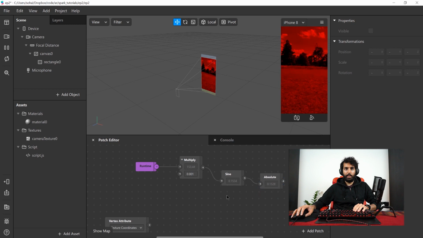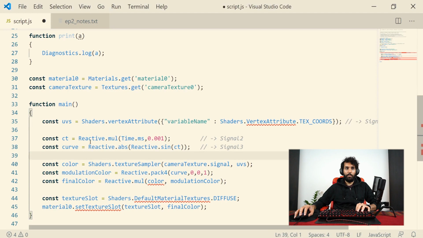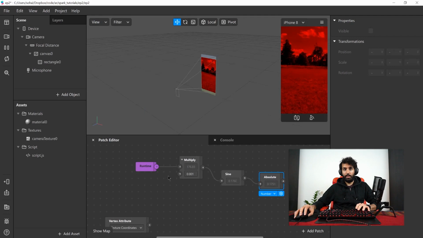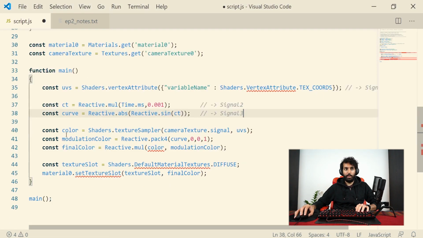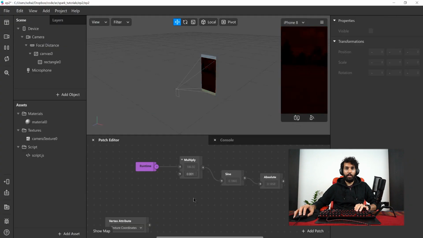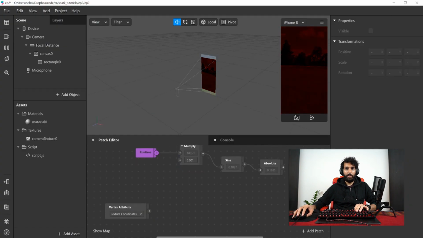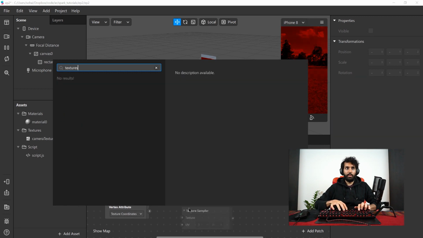So here you can see the runtime goes into a multiply, goes into a sign, and then it goes into the absolute. So similarly here we have a multiply, so we have the runtime, which goes into the multiply with this value, which goes into the sign, which goes into the absolute. And it's the same thing here, multiply, sign, absolute. And then you have another signal out here, which we call signal 3. And now what we do is color is shaders.texture sampler. So let's create a texture sampler,